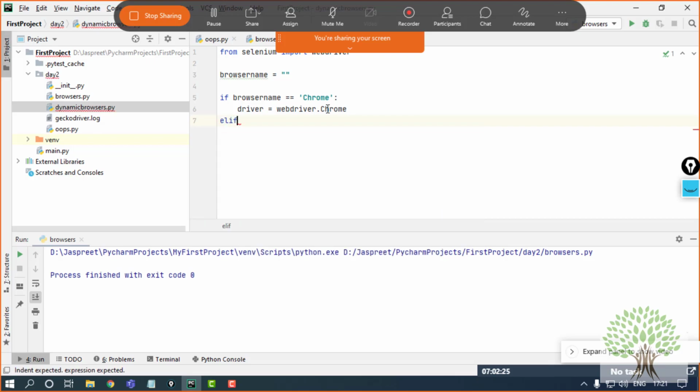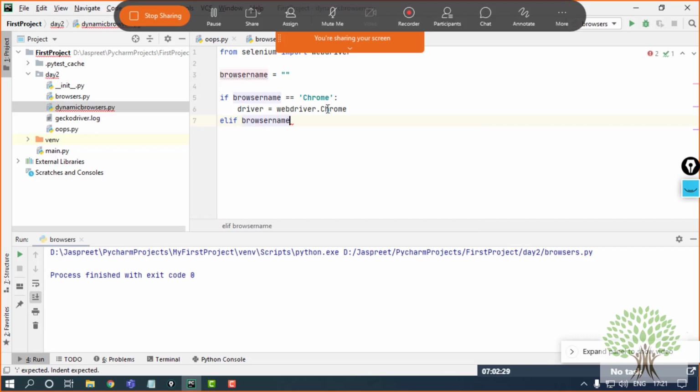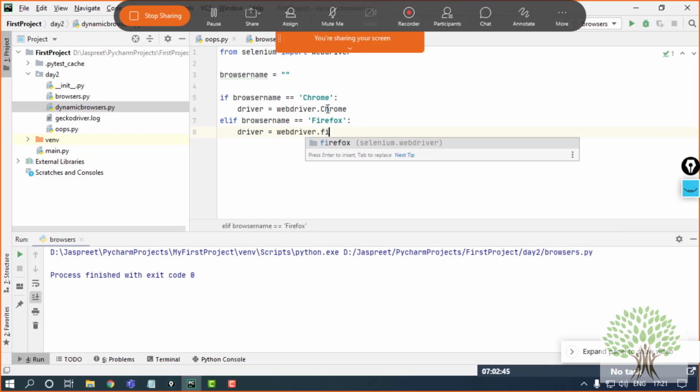The same way if you want to open up Firefox, then you can have an elif condition over here to check multiple conditions. This is the syntax in Python. Browser name, if it is equals to Firefox, then open up WebDriver dot Firefox.